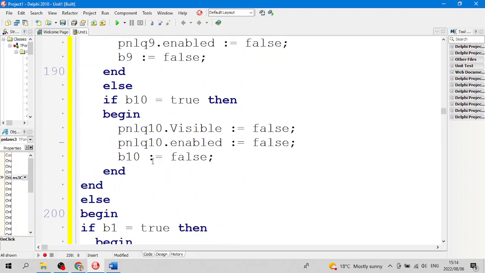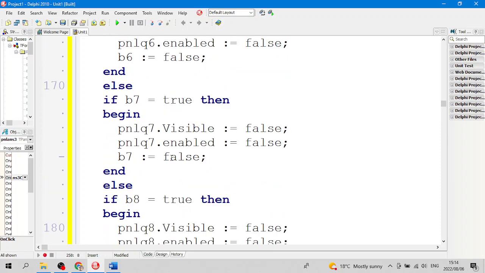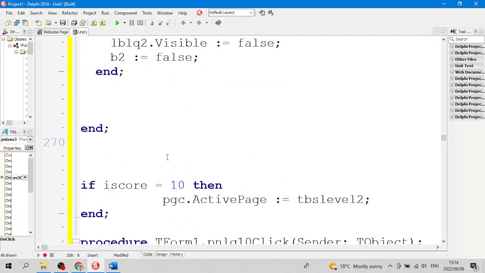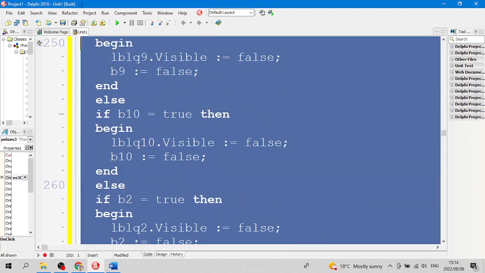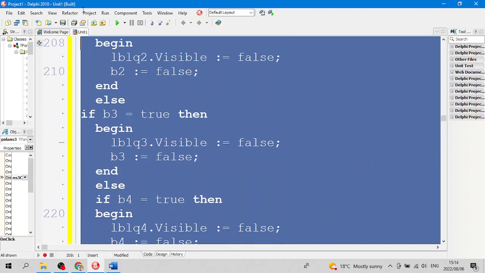If they get the answer right, we make both the panels invisible, question and the answer, and increment our score. And right at the end of this, if the score equals 10, we'll go to the next level. Let's see if this actually works. But all of this code that we've put in here now, we're going to copy and paste